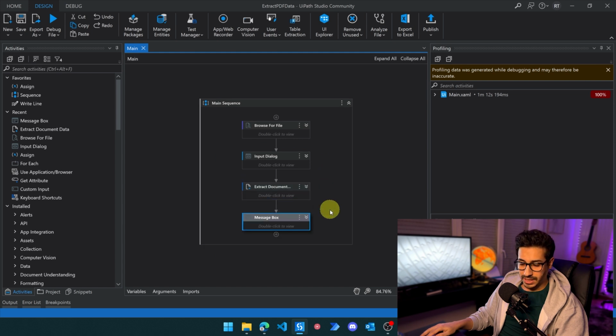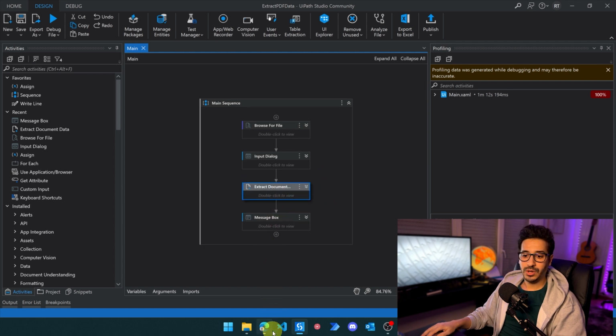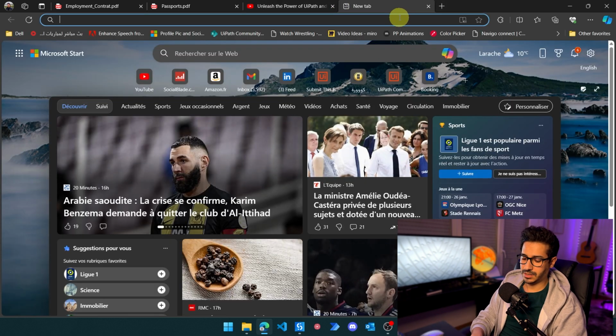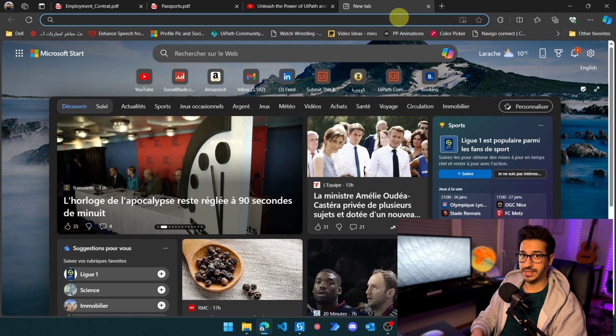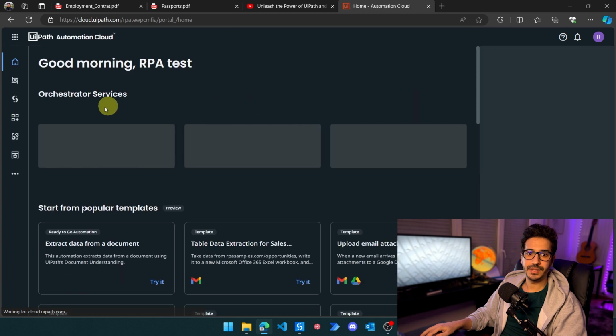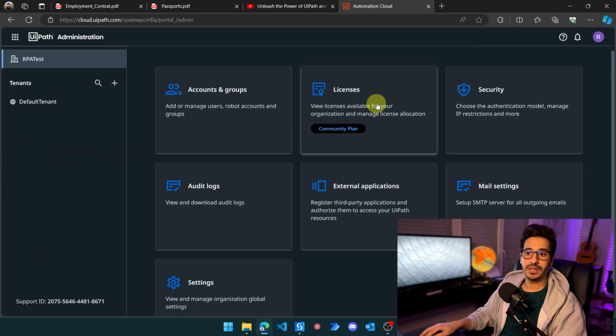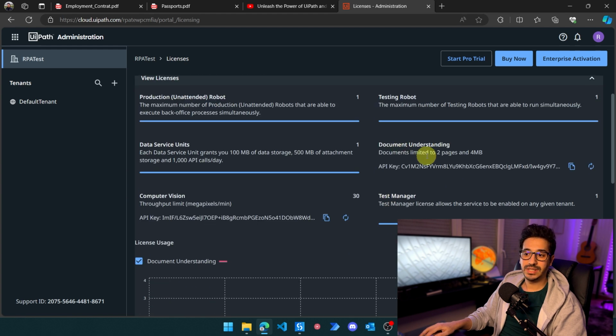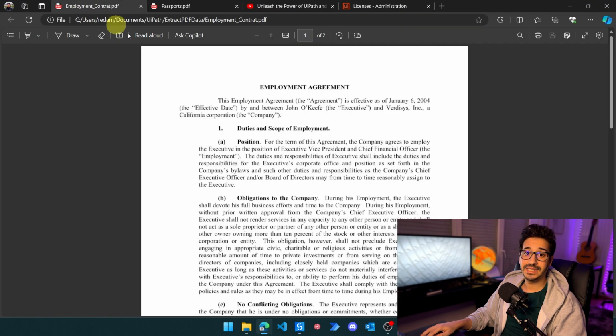So that's basically it. The last thing that I wanted to talk about before leaving you is basically the limits that have been introduced since last time. So if you go to cloud.uipath.com and we go to admin, and then we go to licenses and robots and services, as you can see here, the document understanding has been limited to 2 pages and 4 megabytes. So it's either 2 pages or 4 megabytes per PDF. We cannot go over 2 pages. That's why my examples were not